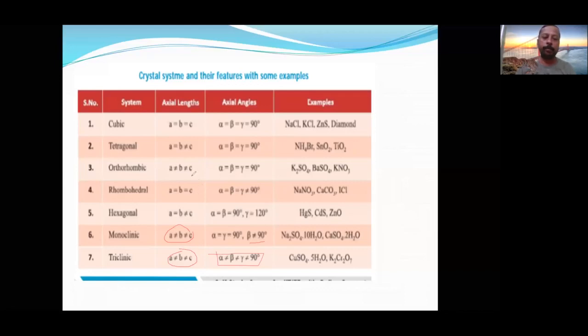Next, orthorhombic: all distances are different, but all angles are the same. Okay. The most symmetrical crystal system is the cubic crystal, where all angles are the same and all distances are also the same. Only these examples are available in the syllabus. Okay. So go as per the syllabus for sure-shot answering.